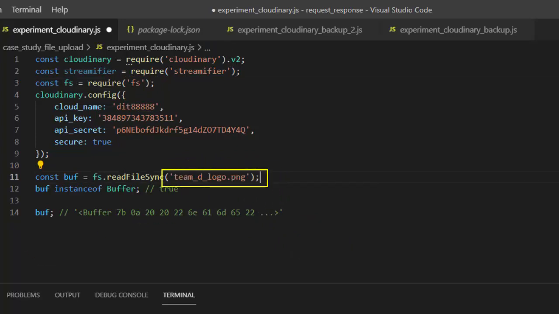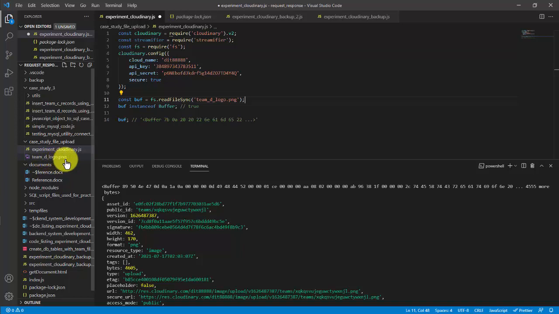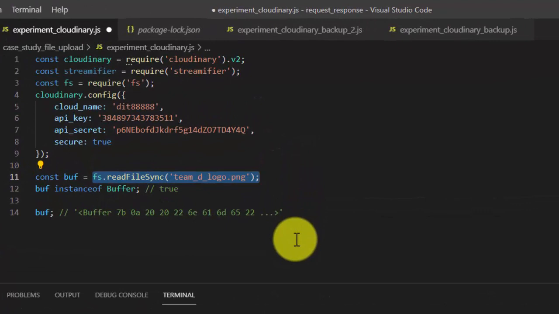Recall that we have theme_d_logo.png graphic file sitting at the same folder as experiment_cloudinary.js. I have modified the string input so that the internal logic inside this readFileSync method is able to find the theme_d_logo.png graphic file sitting at the same folder as experiment_cloudinary.js. When the JavaScript engine processes this expression at the right-hand side of the assignment operator, it shall produce a